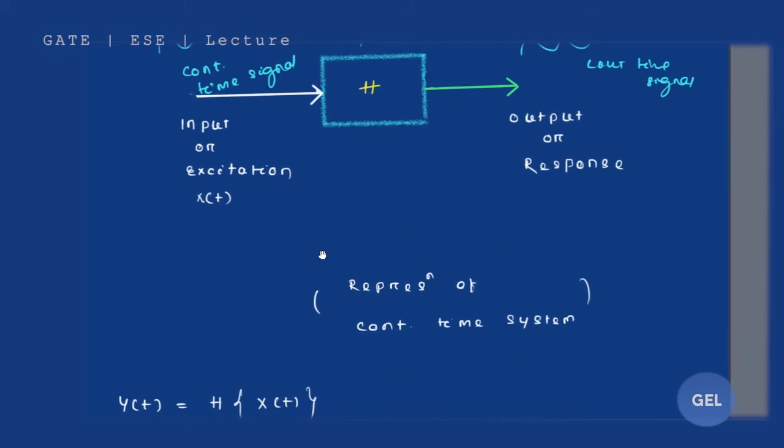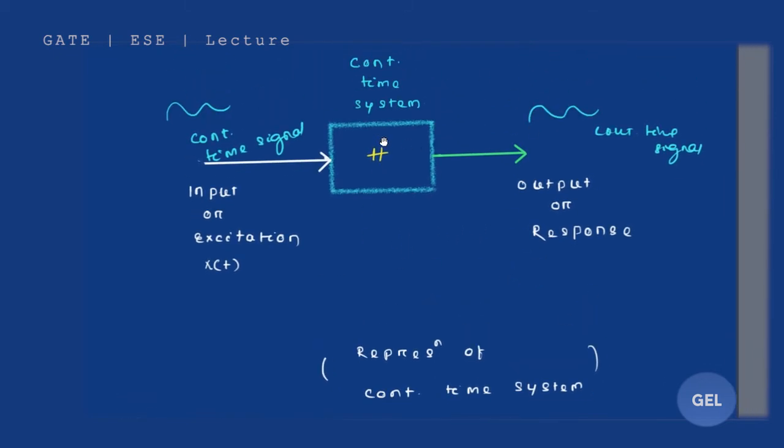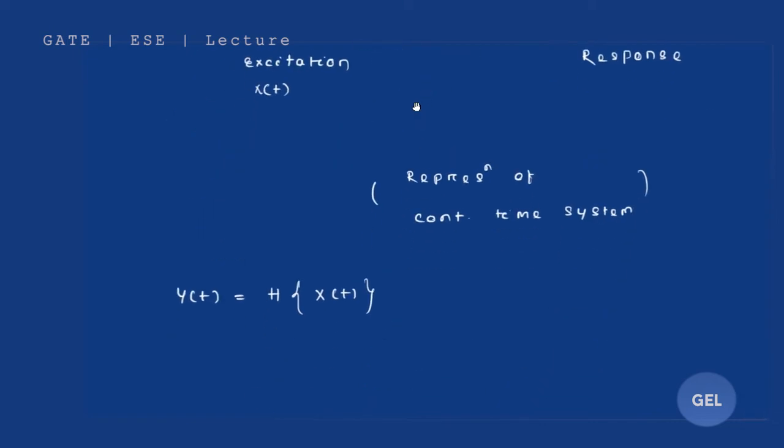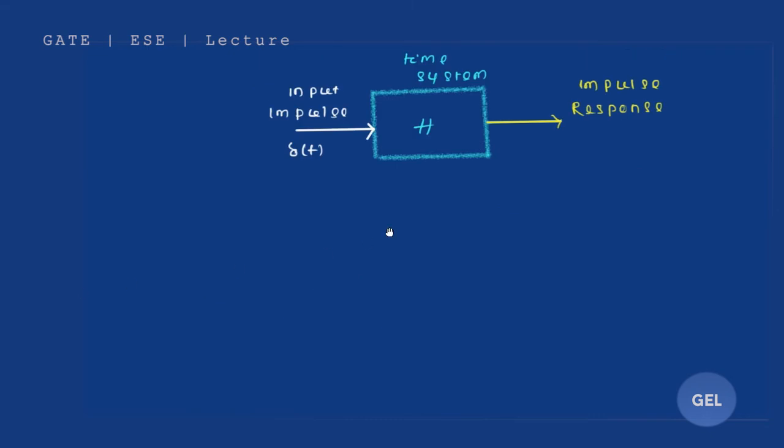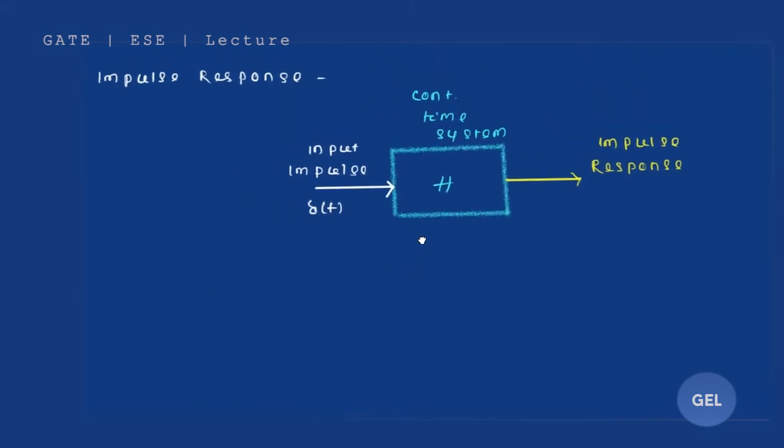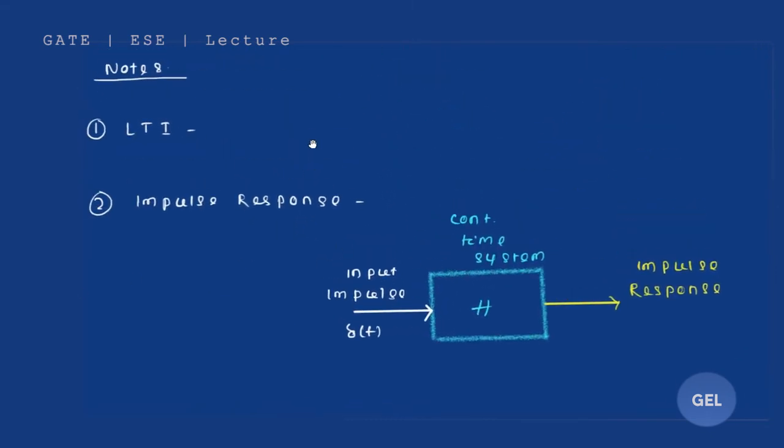Okay, now representation of continuous time system looks like this. This is the transfer function, and mathematically it is written like this. That means y(t) is nothing but the transformation of the input signal. Now let me tell you a couple of very important terminologies that we are going to discuss later in this